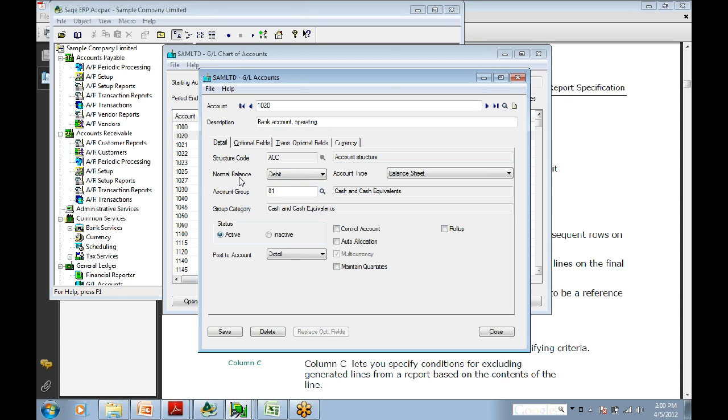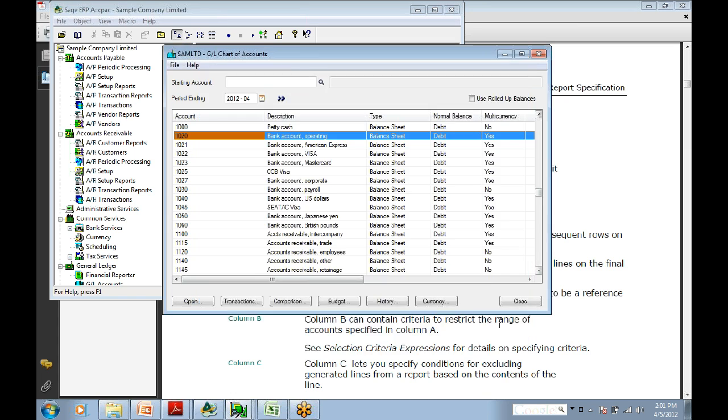There's a way to use the financial reporter that will take this normal balance into account, so that if you have an account that's normally a debit, it has a debit in it, it will show it as a positive number. If you have an account that's normally a debit, it has a credit, it'll show it as negative. But if the account is normally a credit and it has a debit, it will also show it as a negative number. So you want to make sure that all these things are set up right before you start with